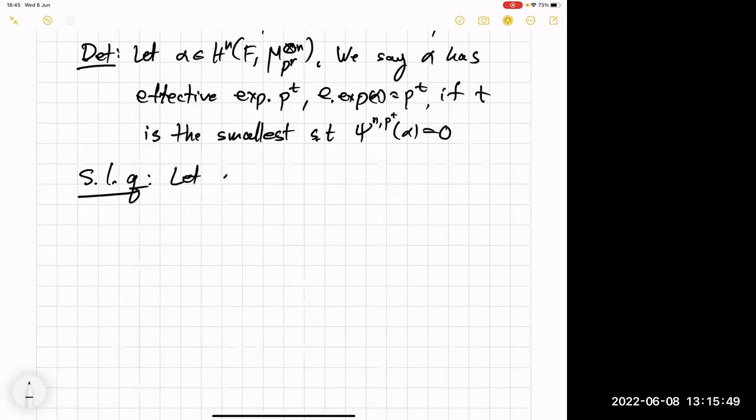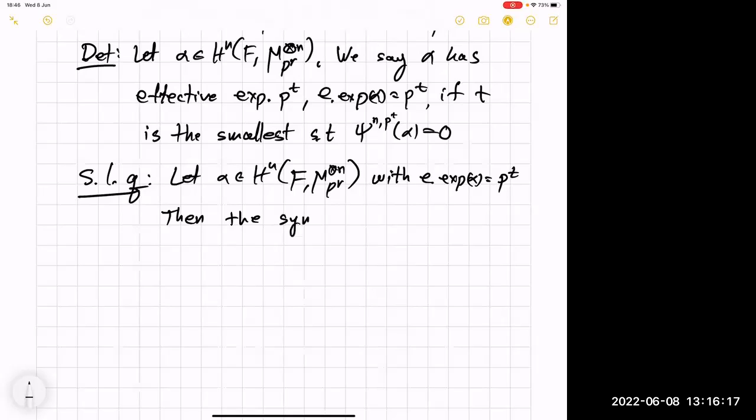Again, let alpha be a class in this group with effective exponent, say p^t, then the symbol length of alpha is the smallest number such that